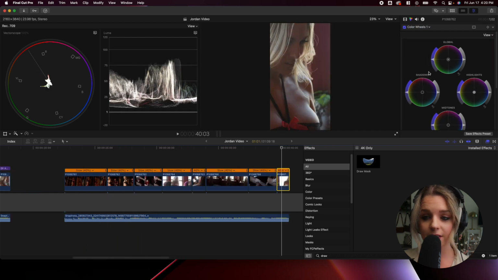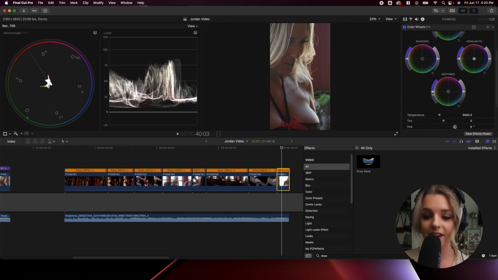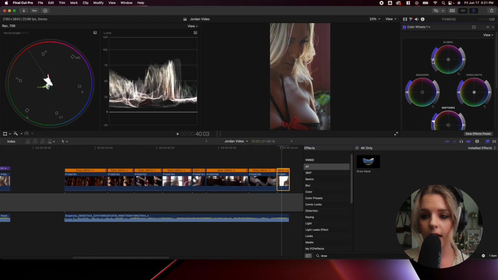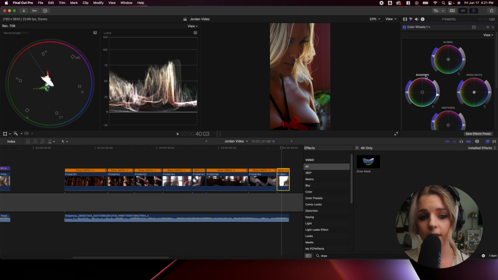Okay, so for this last clip here, just by eyeballing it, the skin tones look fantastic. So I'm just not even going to go ahead and do the draw mask or anything like that. So I'm just gonna go ahead and boost up the saturation on my midtones. And then on the global as well, that looks pretty damn good. So as you can see on this Lumograph right here, the shadows are not quite touching 0. So I'm just going to bring that down. And then I'm also going to bring up the highlights just a little bit. So it touches 100. That looks really good.